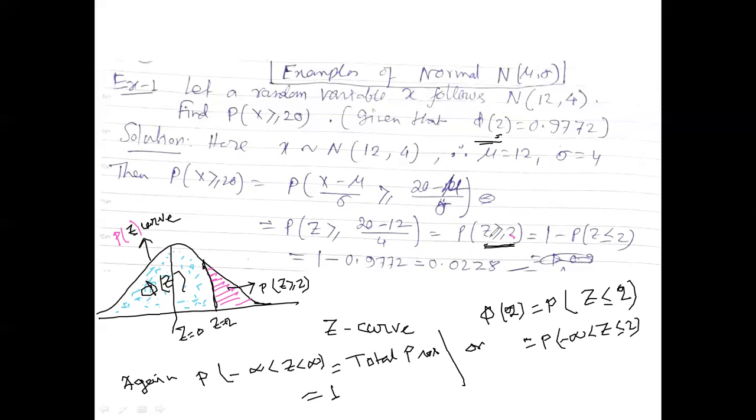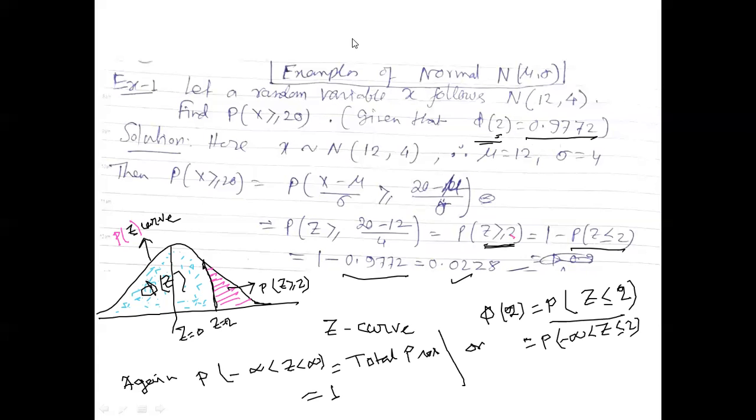So the probability of z greater than or equal to 2 is nothing but 1 minus the total probability area minus P(z less than or equal to 2). That is phi 2, and we have to know the phi 2 value. So you can write it, and by easy calculation you get the answer. This is a very simple trick to find the value of a normal distribution.